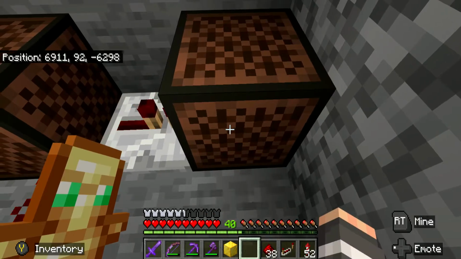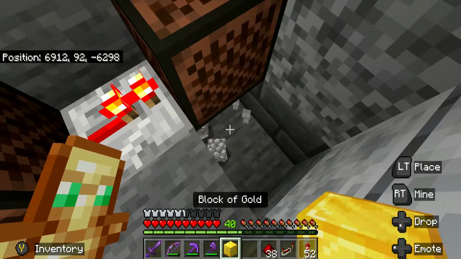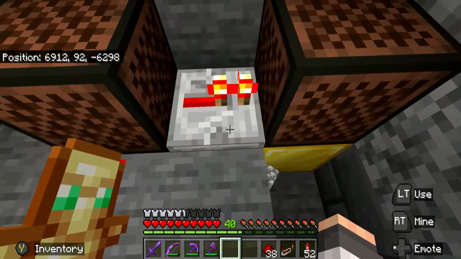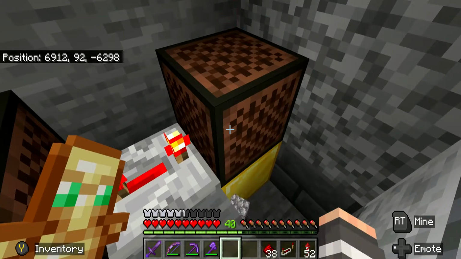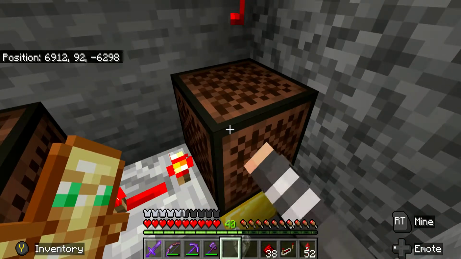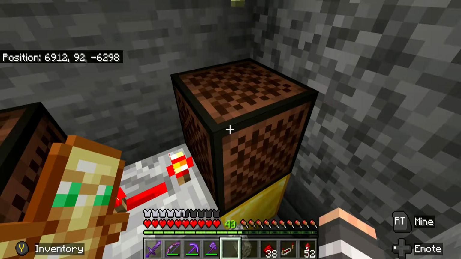But then after that, we're going to put a repeater. We're going to put this repeater, let me get this other gold block in. And then this one should be on 2 ticks, the note block. The repeater should be on 4 ticks. So it should be 5 and 2 on the note blocks, it's either 5 and 2 or 5 and 3. But once you get that set, we're going to have to go around here because I